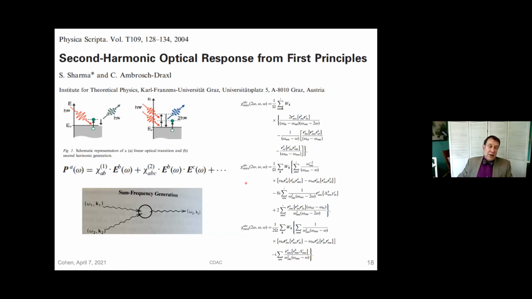The other thing I wanted to do, since we had measurements of second harmonic generation, is to actually compute that, and that's possible to do now within the LAPW method. I should say we didn't do exactly LAPW. There have been advances in the LAPW field as well, and I just didn't want to make this into a technical electronic structure talk. What we did is called APW plus local orbitals, and it turns out that it allows you to get very accurate excited states as well as ground state properties.